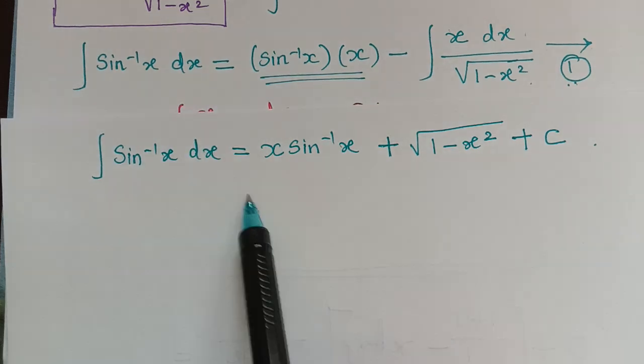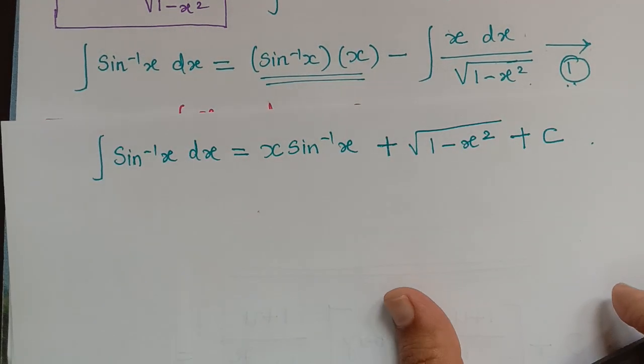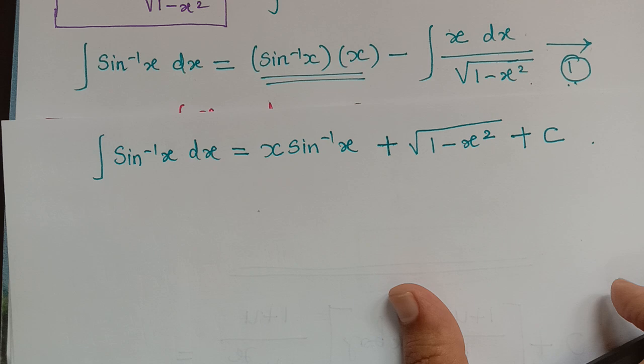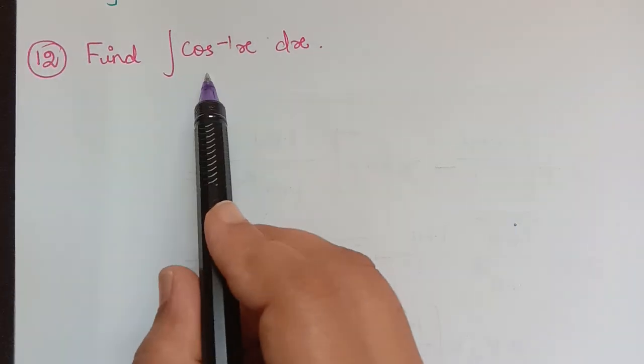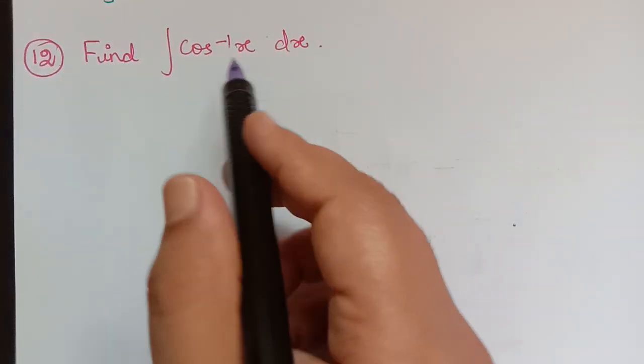So this is the answer. Hope you have understood this problem. So in a similar way, we have to find integral cos inverse of x dx and integral tan inverse of x dx. So now let us find integral cos inverse of x dx, for which we have to make the